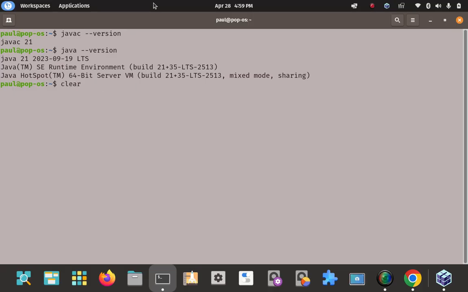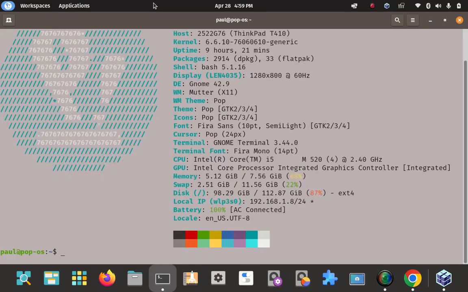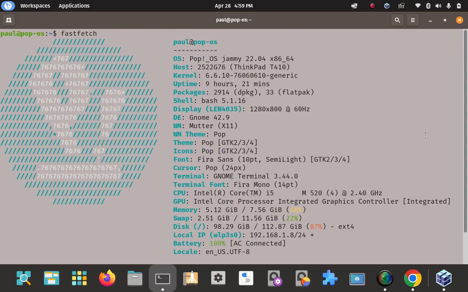Okay, so I'm going to go ahead and clear out. I'm going to go back to my FastFetch screen as I close out the video here. Back to my FastFetch screen here. Toggle through all my commands here. Okay, so that was how to install Oracle Java 21, the javac compiler, and the Java runtime environment, the Java interpreter, on Pop!_OS Linux